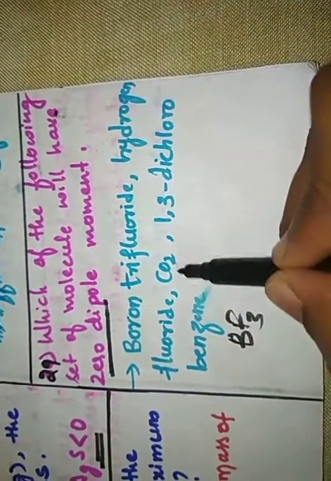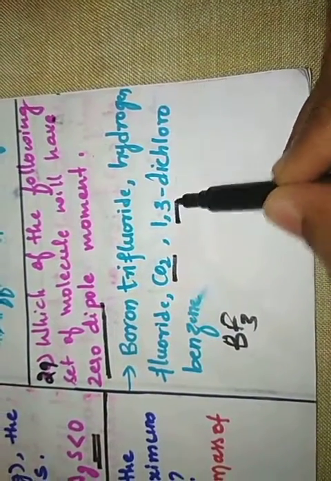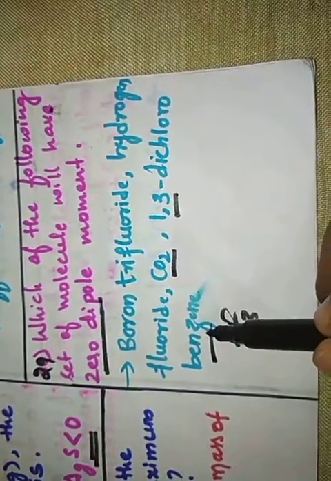Which of the following set of molecules will have zero dipole moment? The zero dipole moment is BF3, that is boron trifluoride, hydrogen fluoride, CO2, 1,3-dichlorobenzene. This is the answer, zero dipole. Now moving to the 30th question,